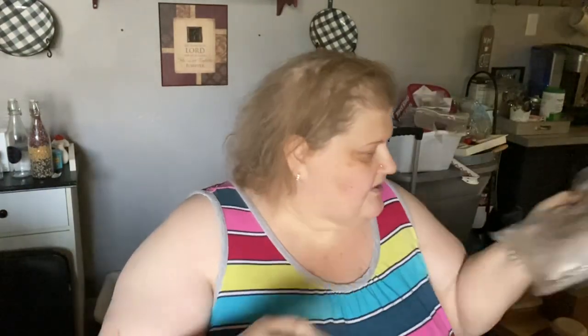I don't know. It looks like it says Castle Hood, but I can't tell. So I got this, and that's a pound. And then we also offer these sliced, kind of like pre-sliced like they do at Walmart. This is Black Forest ham. It comes in half-pound packages, so he got 2 packages of